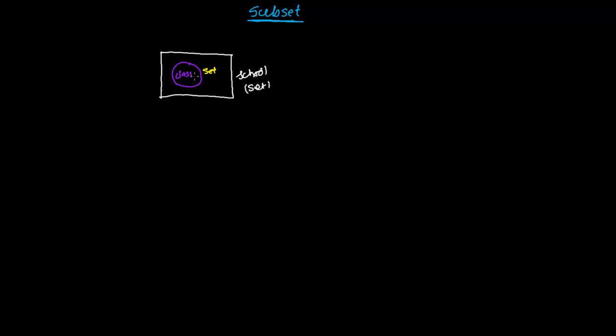Here what I want to say, that all the members of your class is the member of your school. I meant to say all the members of your class is the member of your school, but all the members of the school may not be all the members of your class, because class is contained itself inside the school. So your class is a small part of your big school. So in this case I can say that your class is contained in your school.